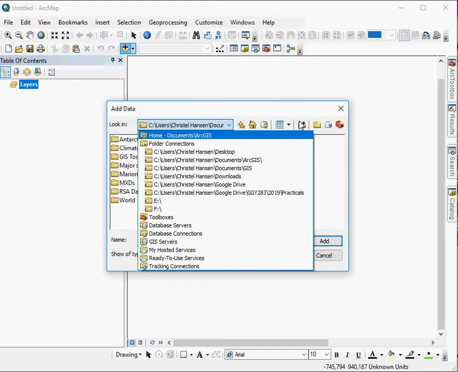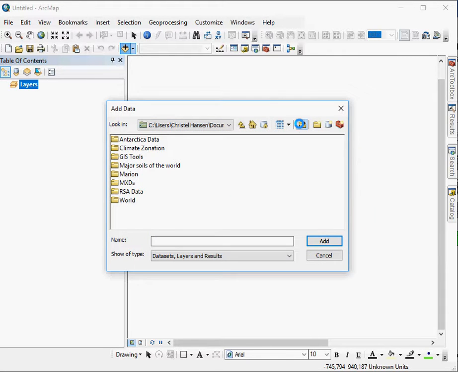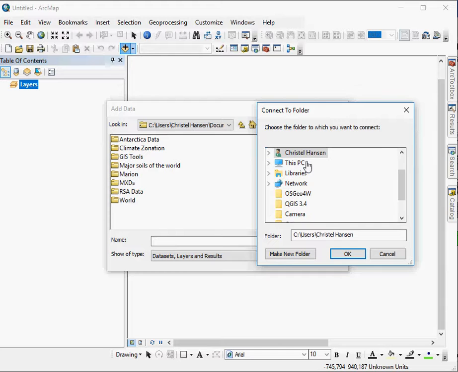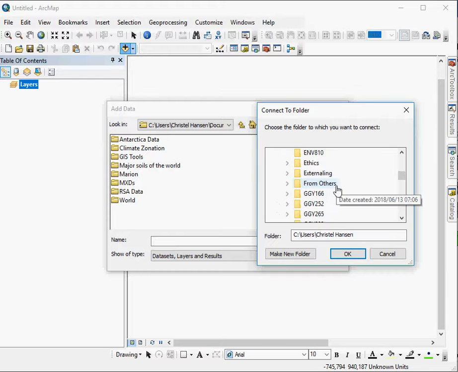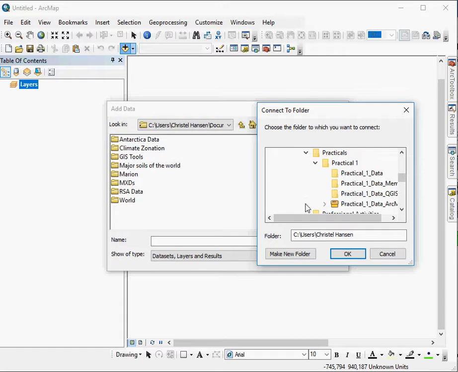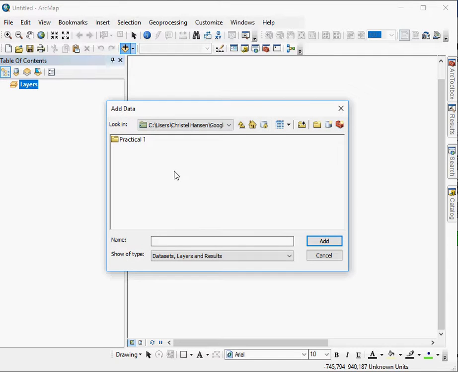So how I do that is I click on this option here, connect to folder, and I navigate to where I want to go. These are my favorites, they often pop up, but I have to find the location of my actual GIS 310 folder, which is currently in my Google Drive folder. As you see, GIS 310 is there. It's year 2019. It will be part of my practicals. And I will just connect the folder directly to the root folder of the practicals. The data I want is in practical 1,